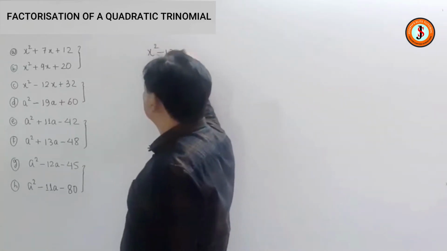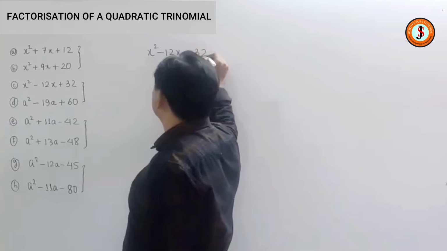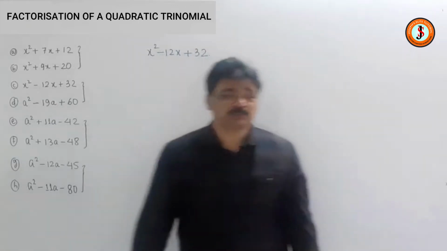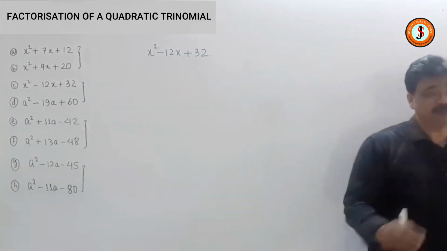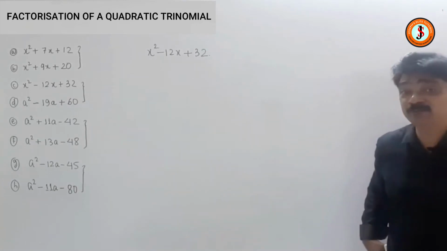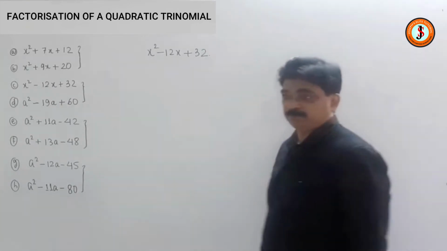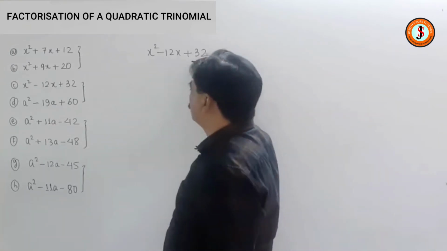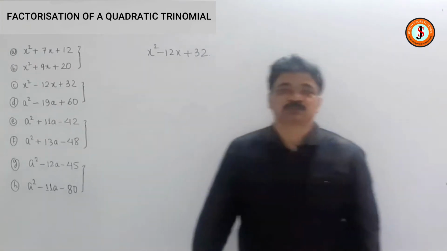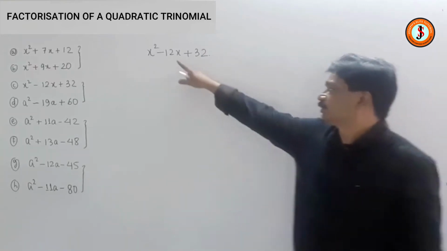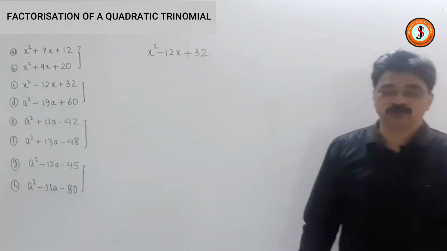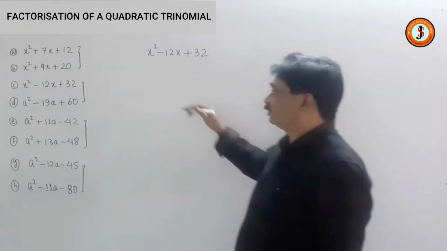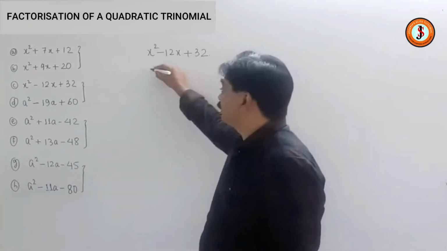x square minus 12x plus 32. In English, if there is a plus and minus and we operate with them, we normally call it a difference. Alright. So here there is a 32. I have to get 2 numbers whose sum is 12 and whose product is 32. So 8 times 4 is 32 and 8 plus 4 is 12. Now 8 and 4 with sum meaning what? Minus 8